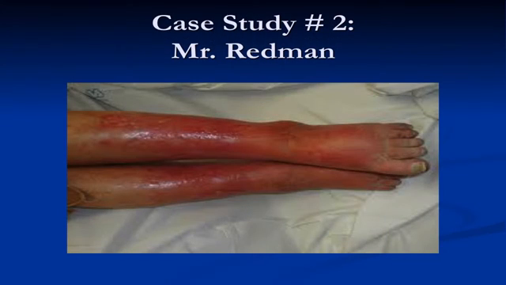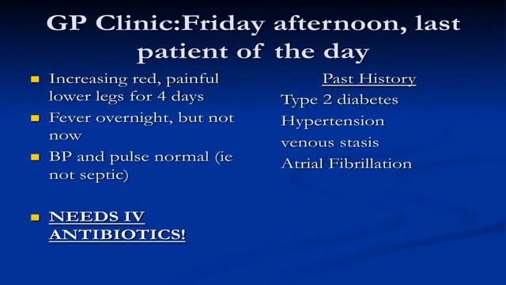So our next case is Mr. Redman. And these are Mr. Redman's legs. Mr. Redman is in his late 40s. He has a history of type 2 diabetes, blood pressure, venous stasis, and recurring infections in his legs and atrial fibrillation. Of course, it's the very last patient on Friday afternoon, and he comes in with red, painful lower legs